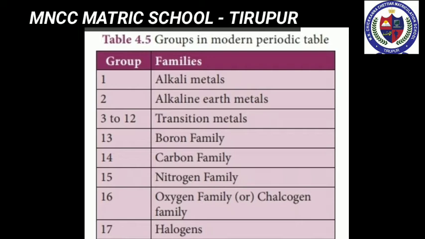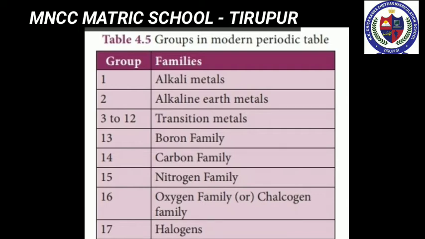Except group 0, all the elements present in each group have the same number of electrons in their valence shell and thus have the same valency. For example, all the elements of group 1 have 1 electron in their valence shell, so the valency of the alkali metals is 1. Next point, as the elements present in a group have identical valence shell electronic configuration, they possess similar chemical properties. The physical properties of the elements in a group, such as melting point, boiling point and density, vary gradually.